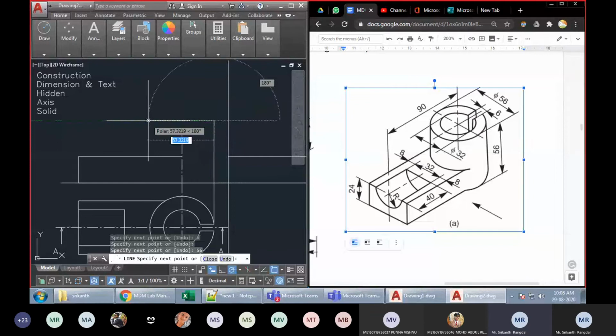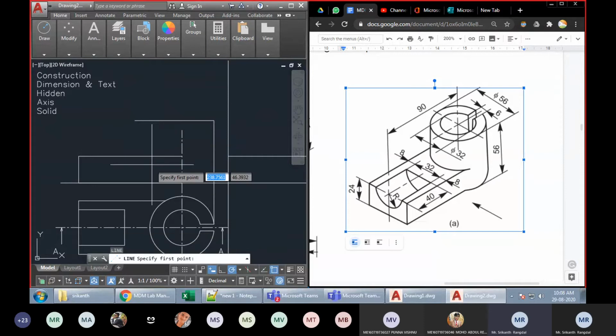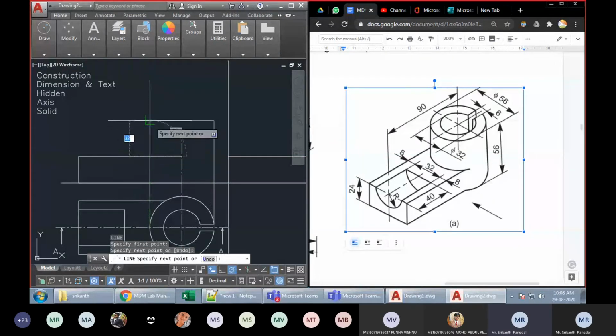Then I'll draw a horizontal line again. And then I'll take another line from this point over to this point, not taking it up to the XY line, I'm taking it up to here, fine. Because above that, the line will be visible. So this line is just a construction line and this line is a solid line. So we have to increase the thickness of the above line, not the below.